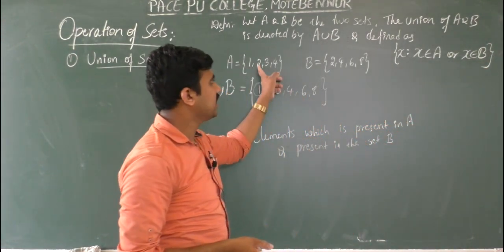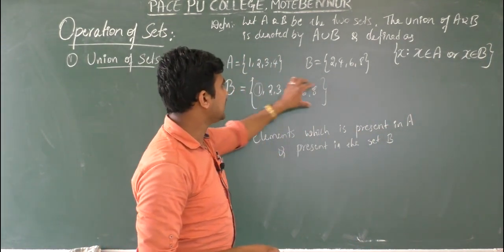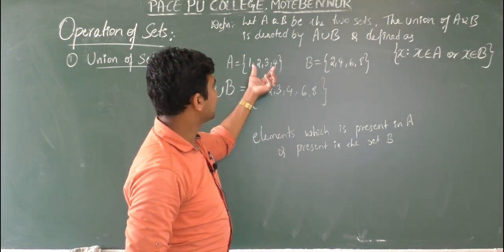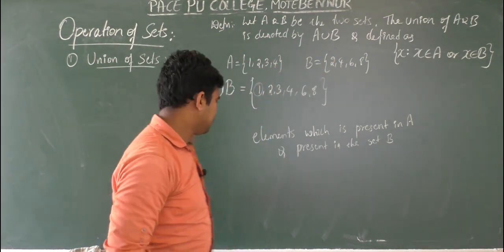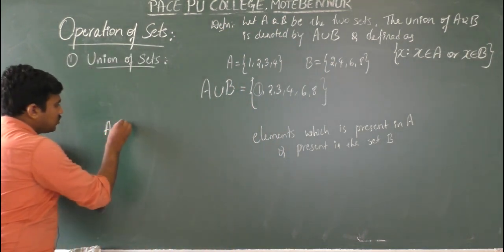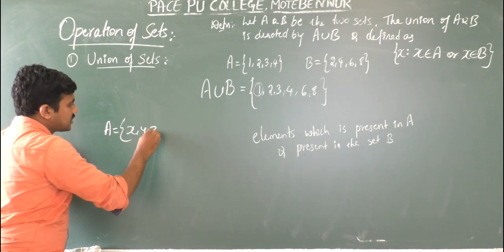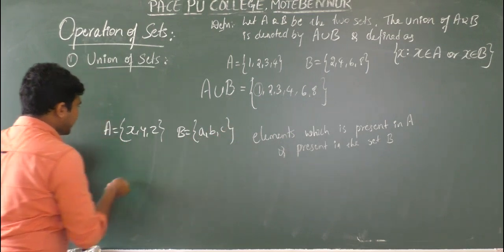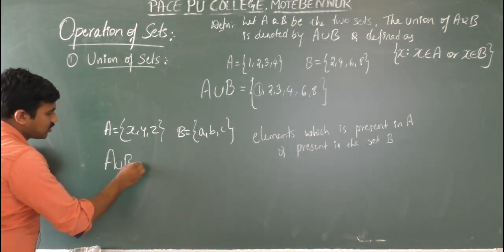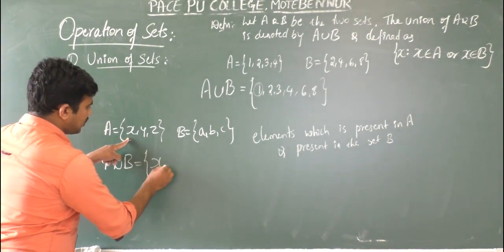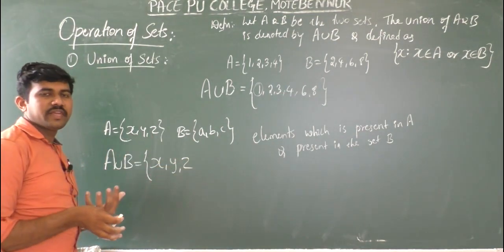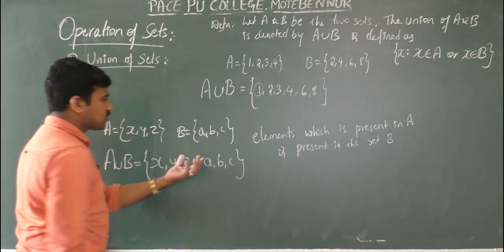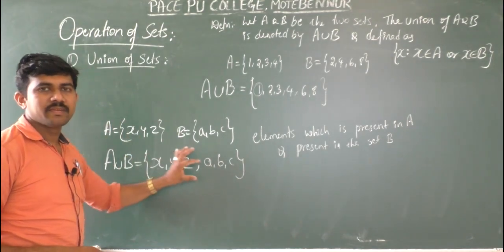That is 2 and 4 are in both, and that collection is called union of two sets A and B. We can observe here we collect all the elements of A and B. Next example, see, A is equal to set of all x, y, z. B is equal to set of all a, b, c. Now what is A union B? A union B is equal to set of all x, y, z. Collect all the elements of A. Next, collect all the elements of B, that is a, b, c. There is no common element, so it is over, A union B is this.